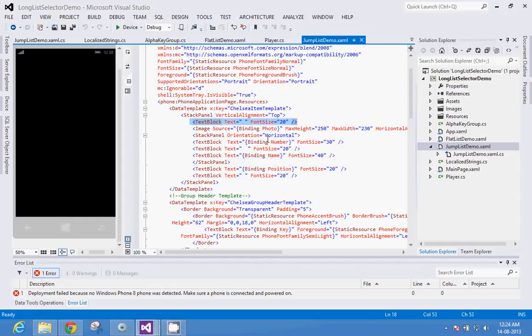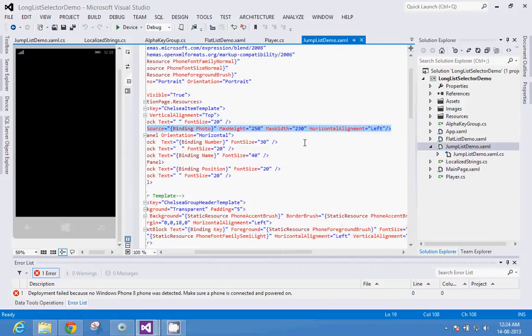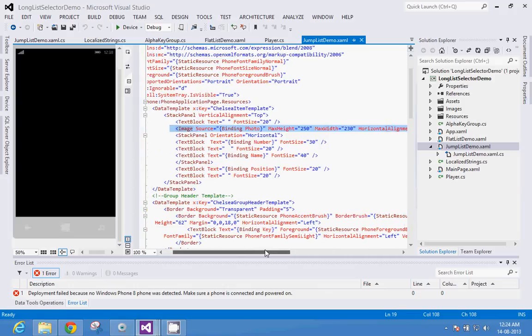Then an image, which will show the image. I have set the maximum height and maximum width properties. I don't want images to go too far because it's a list, remember? Then there is one more stack panel, a horizontal stack panel. I'm going to display that 9, Fernando Torres and CF, center forward, all in a horizontal manner.